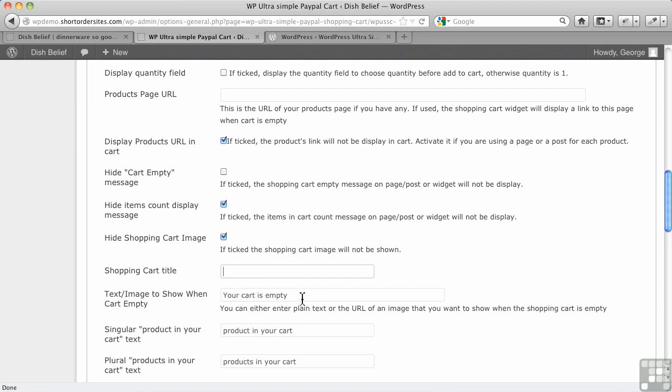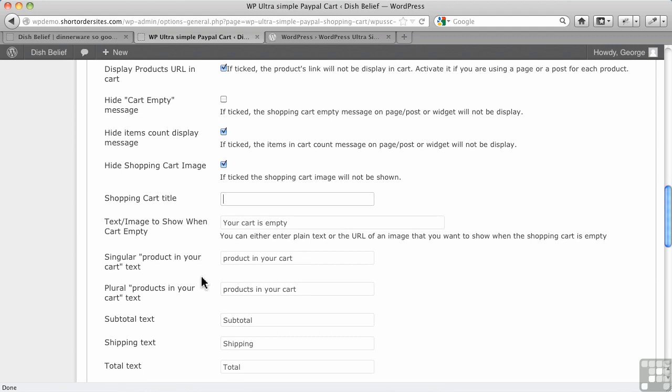Cart is empty. That's the message that's going to show up if you have display cart empty message. Okay, in fact, that would be handier to have up top here beside hide cart empty message, but anyway. This message here, the singular or the plural products in your cart, that's for when you have the how many items are in my cart message displayed.